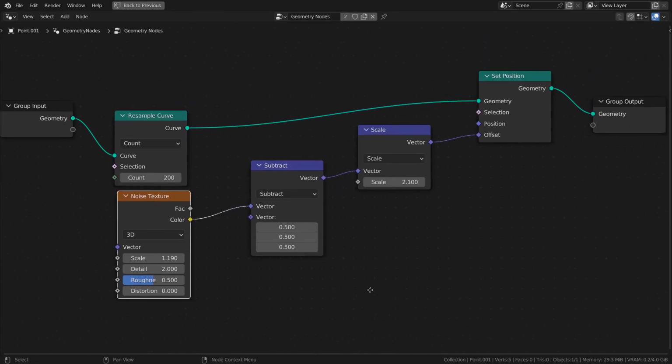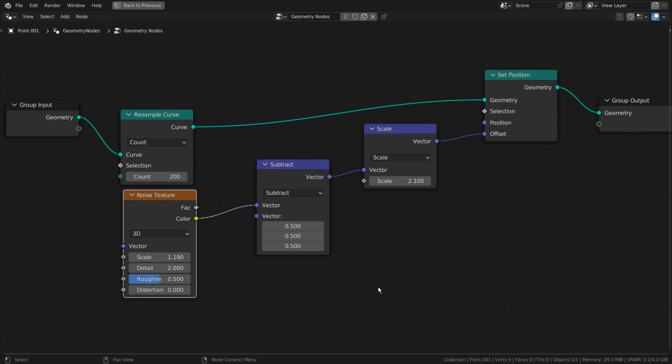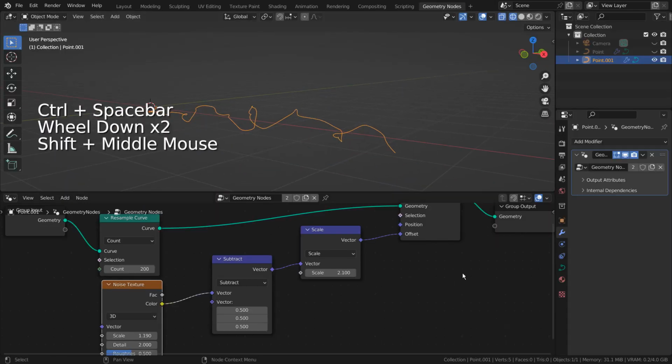Here are the full nodes. Let's see what each node does.